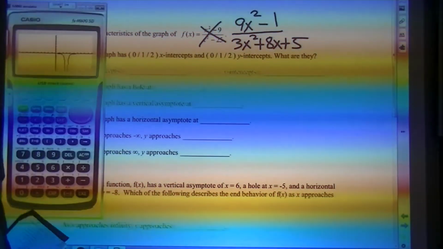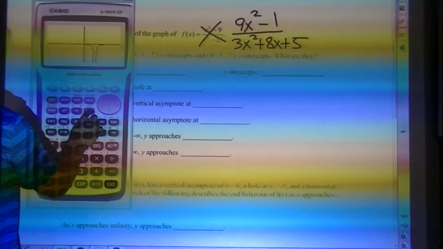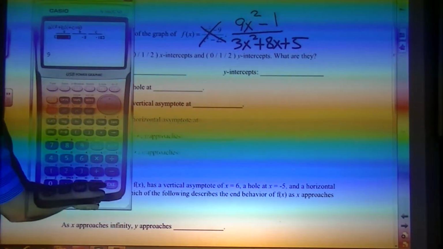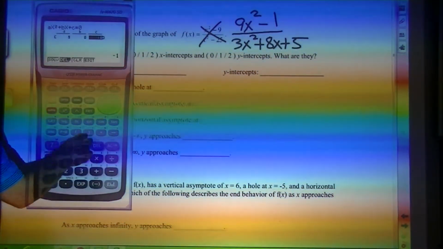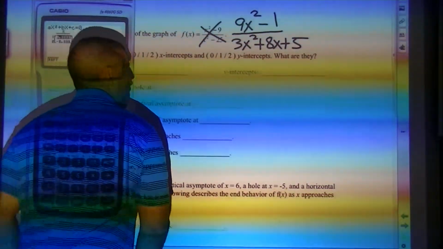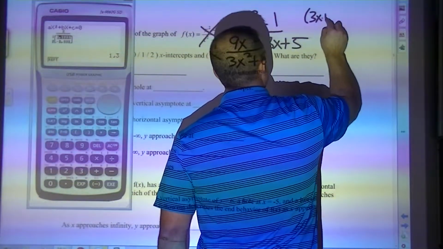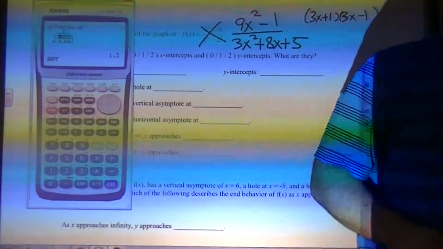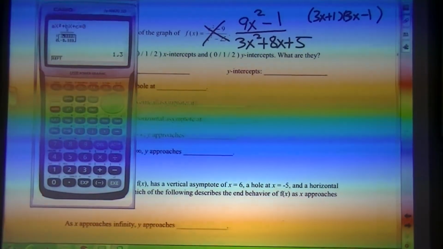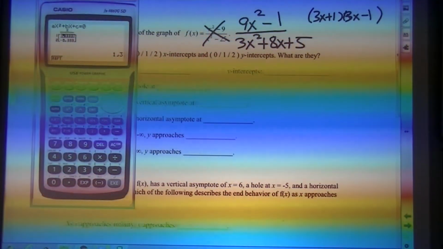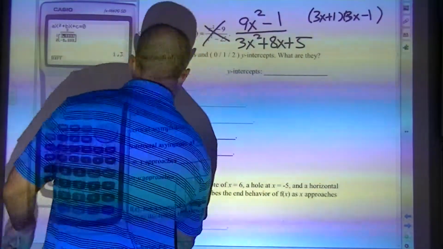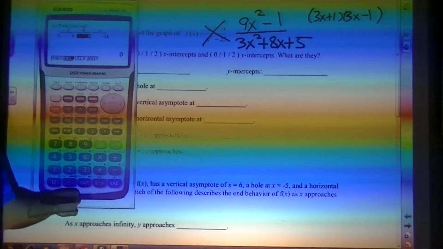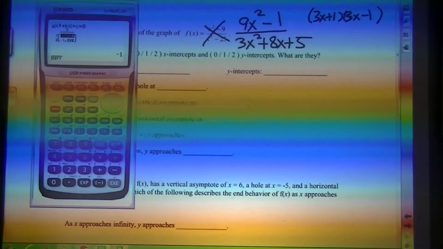What I would have to do here is factor that. So I'm going to go to menu and equal. I'm going to factor that first one, which would be 9, 0, -1. What that's going to be is 3x plus 1 times 3x minus 1. Make sure you guys can still see that. Yep, you still can, good. And then I'm going to factor the bottom one, 3, 8, 5. So I got,